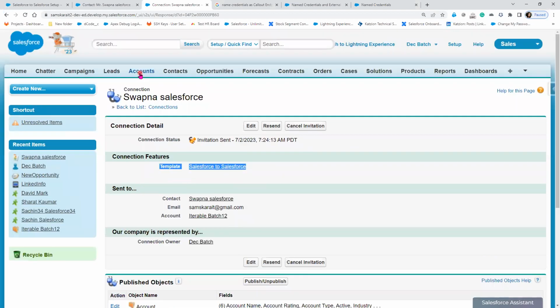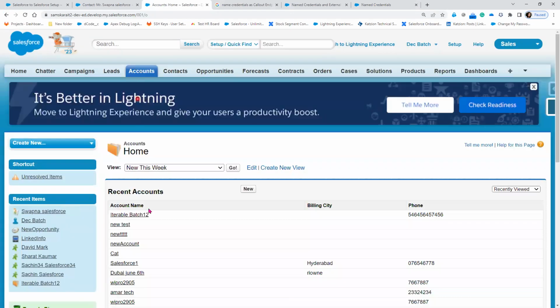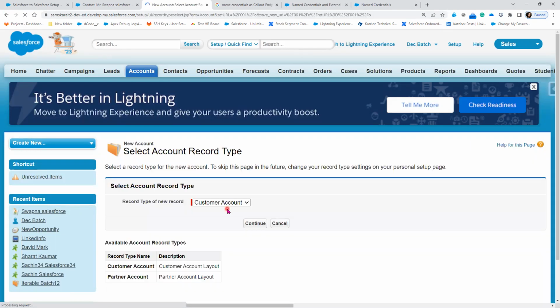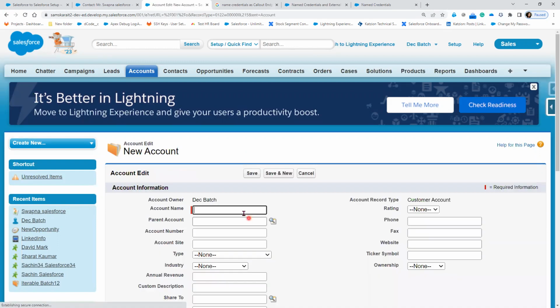Now let's click on accounts. Let's click on new. I'm going to create a customer account. Click on continue. Let's say here I'm going to create an SF Connect account, and account number